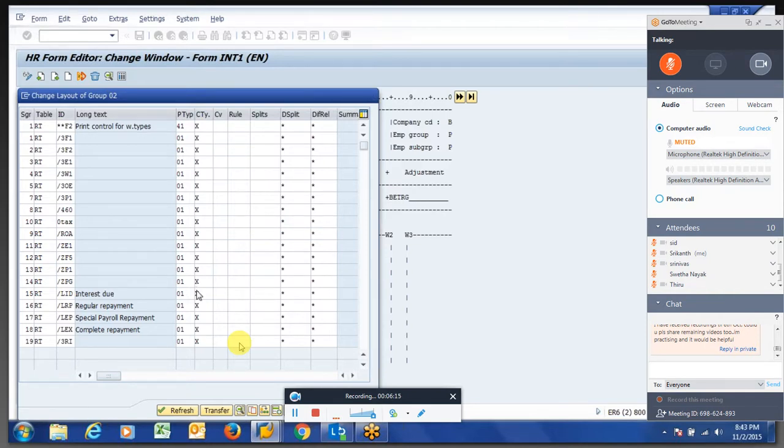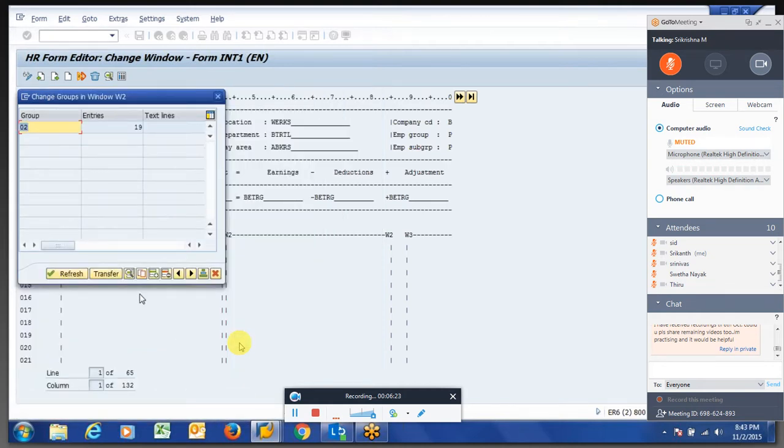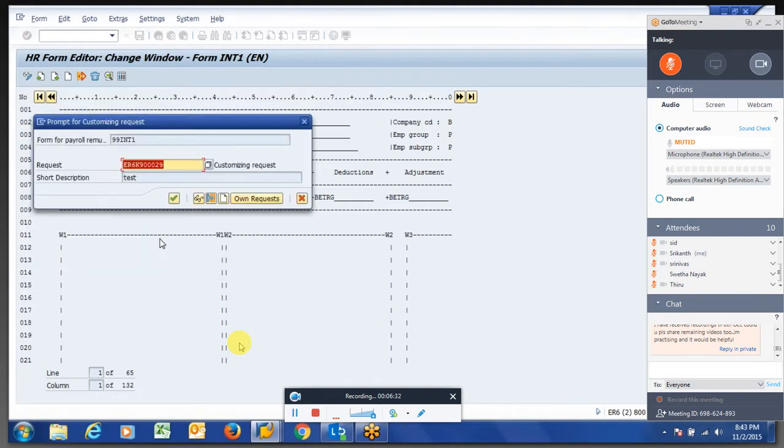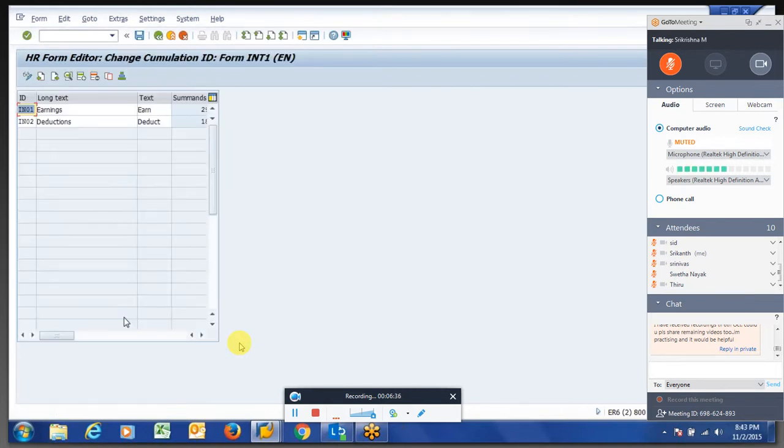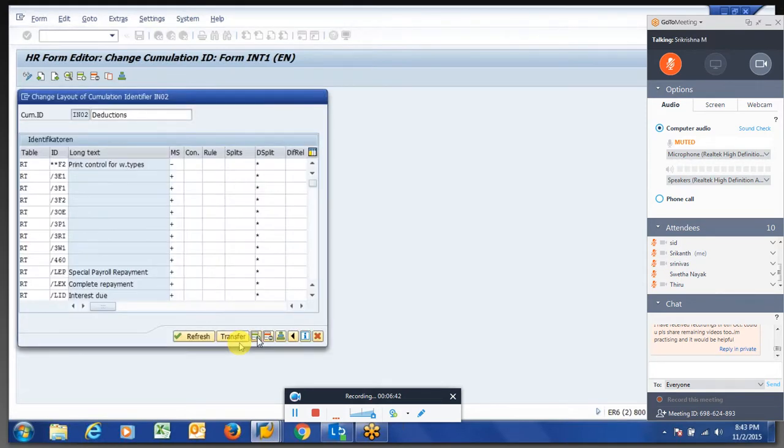Right. So the income tax we are going to display in the deduction part within the payslip, and as well as accumulation IDs. Right. Here we are going to insert the same wage type from the results table.